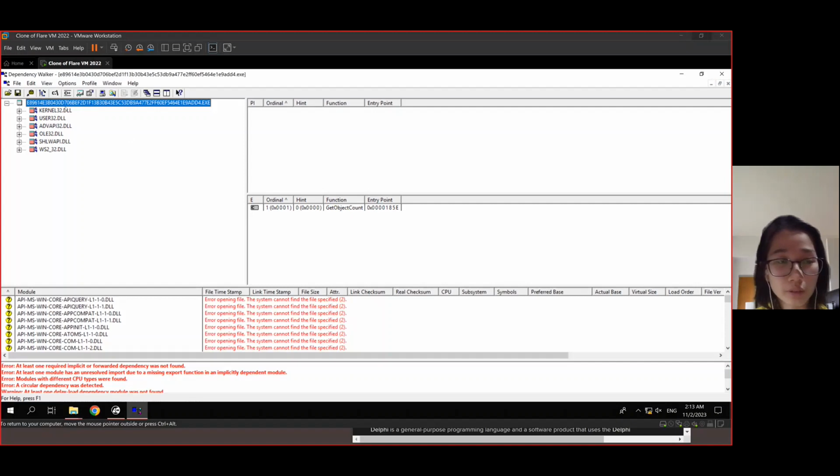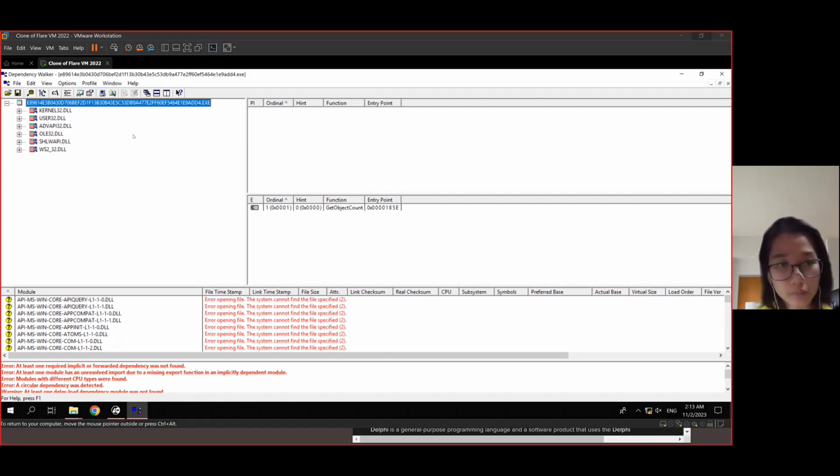Okay, so now we have cleaned this up. You can see that there are actually 6 main DLLs for Lucky Cat's malware: kernel32, user32, advapi32, ole32, SHLWAPI.dll, and